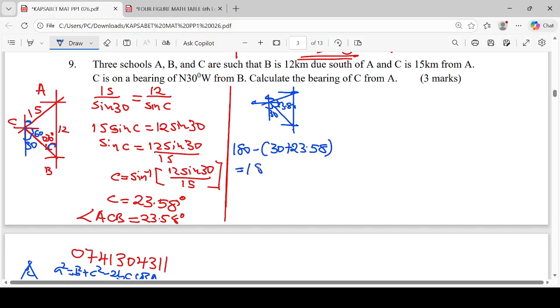This will be 180 minus 53.58. When you take 180 minus 53.58, you are going to get 126.42